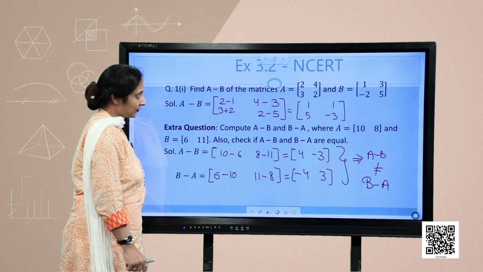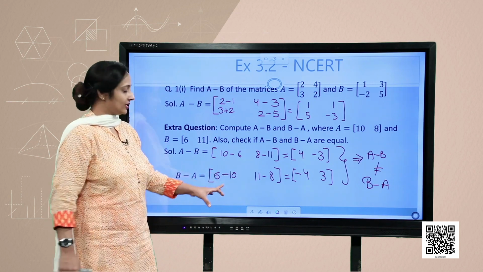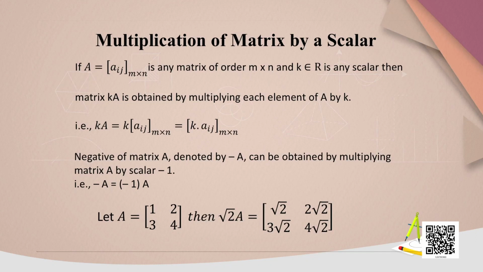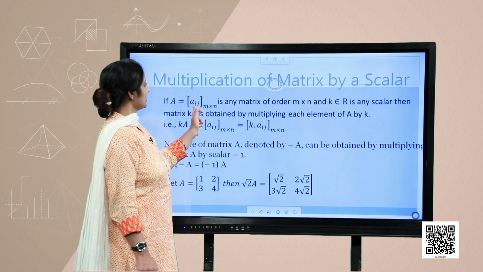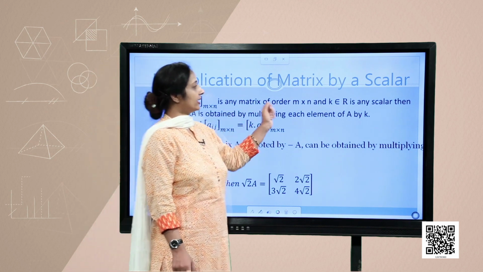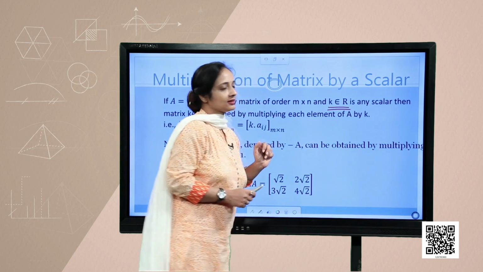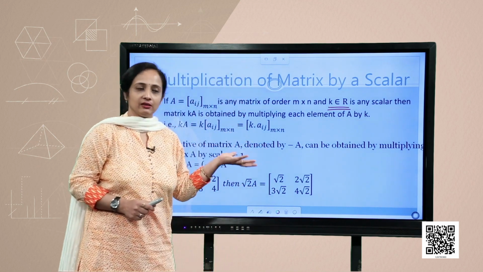So, difference of matrices is not commutative in nature. Next operation on matrices is multiplication of matrix by a scalar quantity. What do we mean by scalar? Scalar means any real number. So, let us take A to be any matrix of order m by n, K belongs to R. K is any scalar, that means scalar is any real number, may be